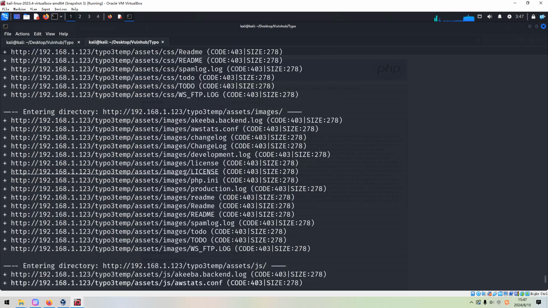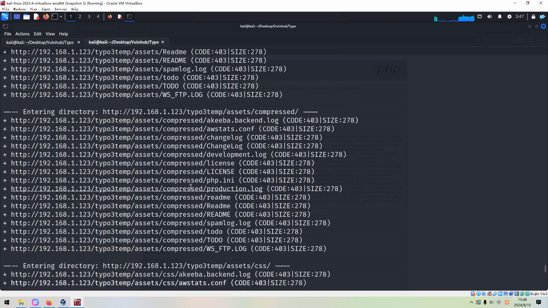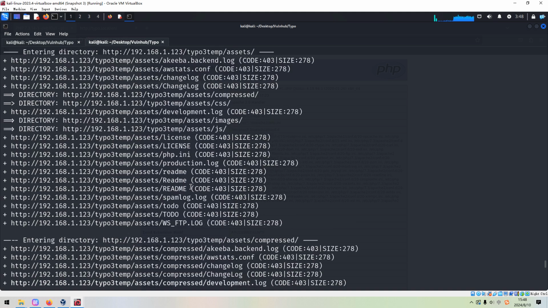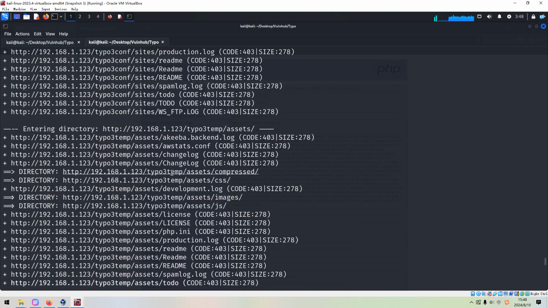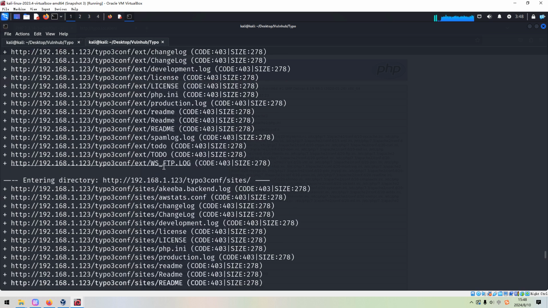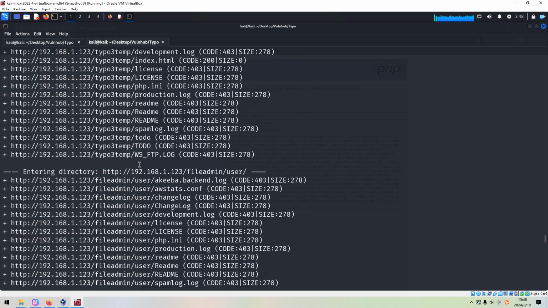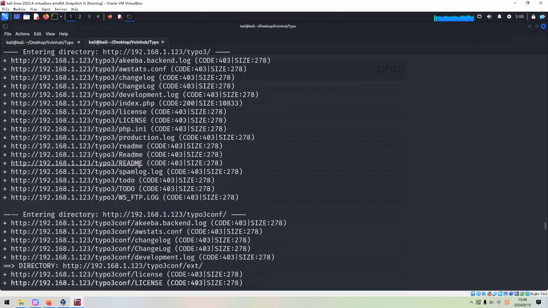A lot of output, a lot of directories and files have been discovered. typo3temp, typo3conf, fileadmin. Oh, found this one. Maybe we can copy.